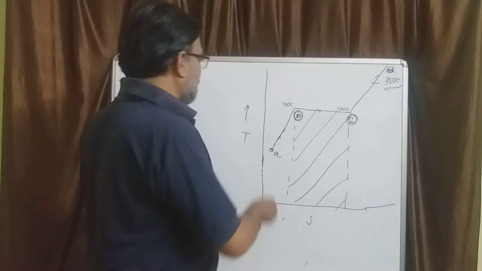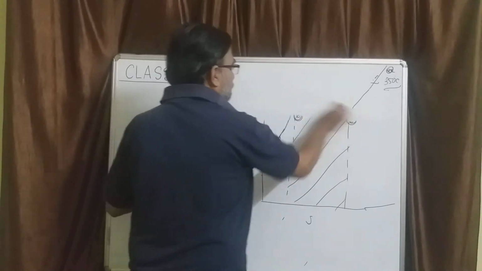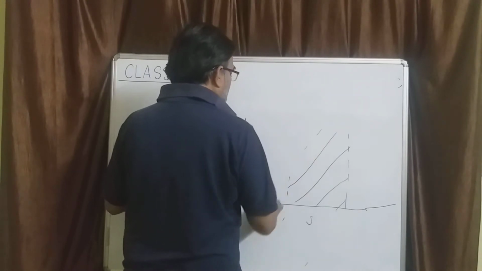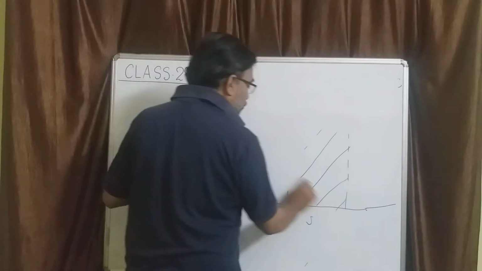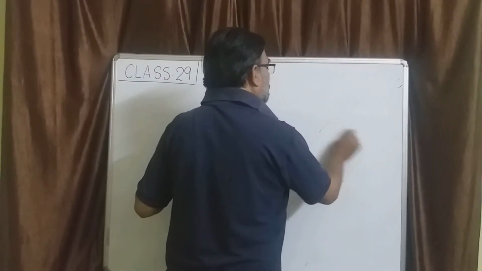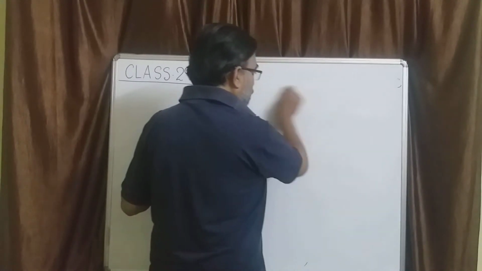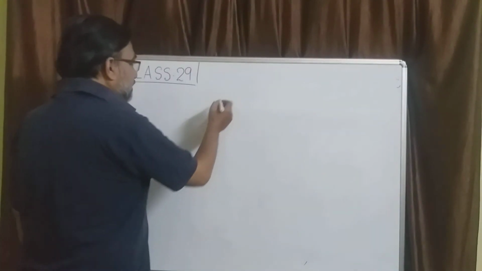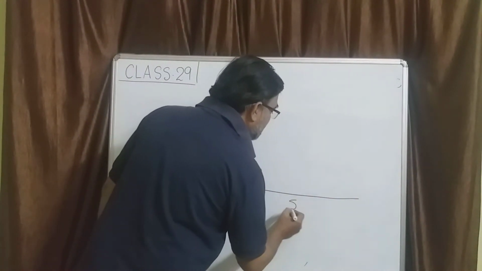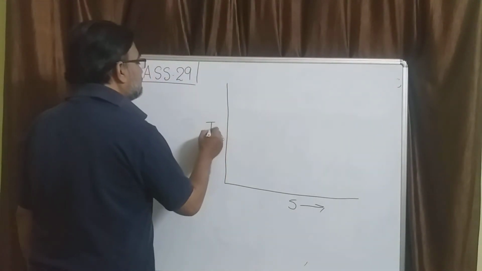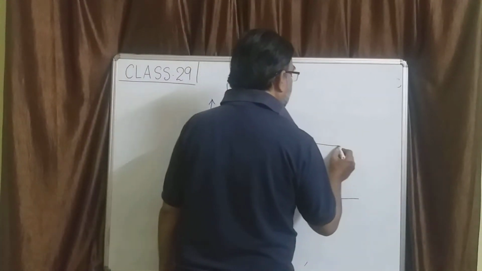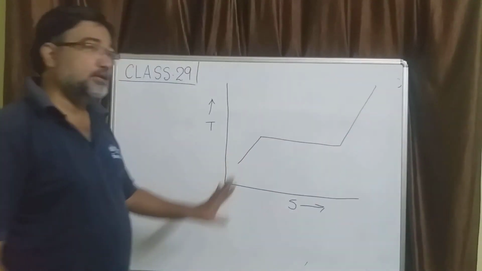I am redrawing this diagram, so it will become self-explanatory now. For the transformation of liquid water to water vapor, we will show a constant pressure curve, which will give you an idea about the change in temperature and change in phase. So it is a TS diagram again, and the line will be like this. Now this line is self-explanatory to you.